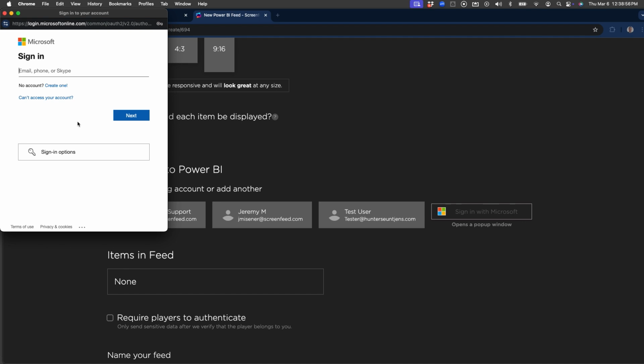This permission needs to be granted by an administrator of your Microsoft tenant. So sometimes that's your IT department, but they should know that it can be scaled to a specific user using Microsoft Entra, and that user only needs read access to the reports. But you would sign in with that user email and password.